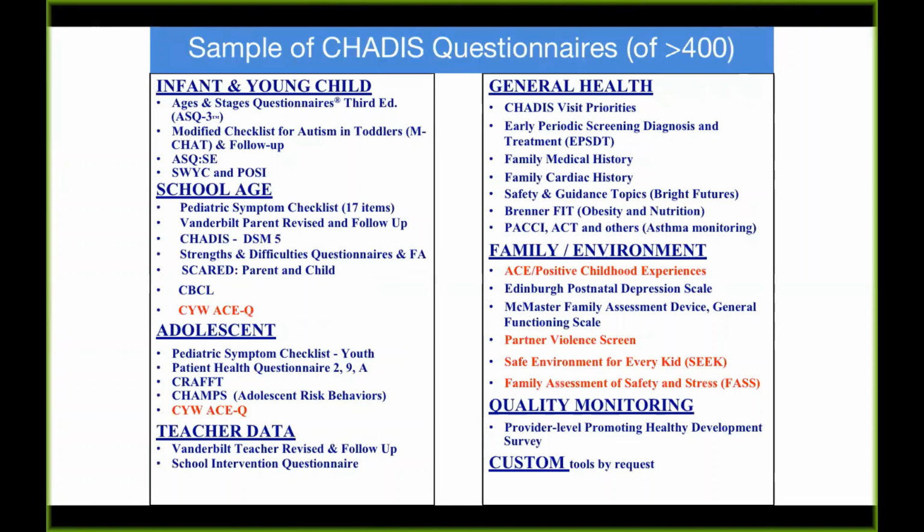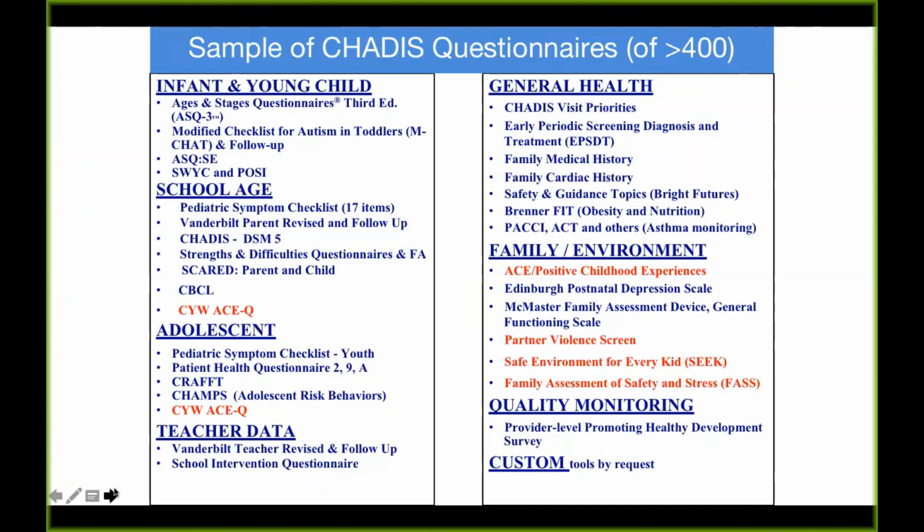And this slide doesn't capture the 400 questionnaires. You'd never be able to read them on one slide. But what it does show you is something that we learned early on about CHADIS, and that is that doctors don't want to use a different system to screen parents for their depression, kids for their development and autism, teenagers for depression, and for other kinds of social risk factors like the ACEs. So what we've done is we've put everything you need, absolutely everything, into one system so that they can be automatically assigned. And of course, you can always choose to use them individually as well.